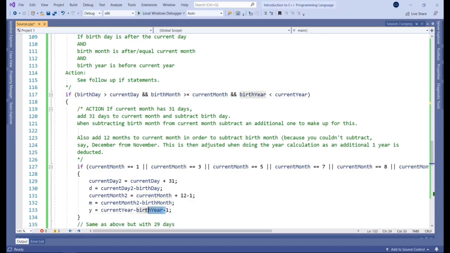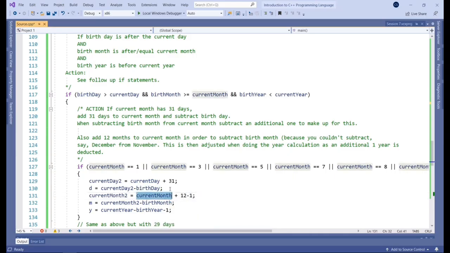And then we can always adjust that when we look at the year calculation, right? So just to recap, we're adding days onto the current day so that we can subtract the birthday. And then to fix that, we're subtracting that extra month from the current month.